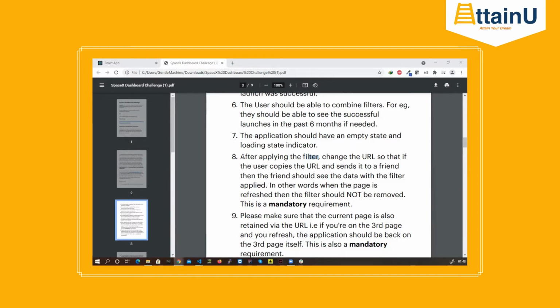Questions. Okay, so we will just cover point number 8 in this session. Just to set the context here, considering that we have a React-based application which has pagination implemented, on top of that, this is an additional feature that we have to apply on it. Okay, so pagination, just to give a brief, hopefully you already know.